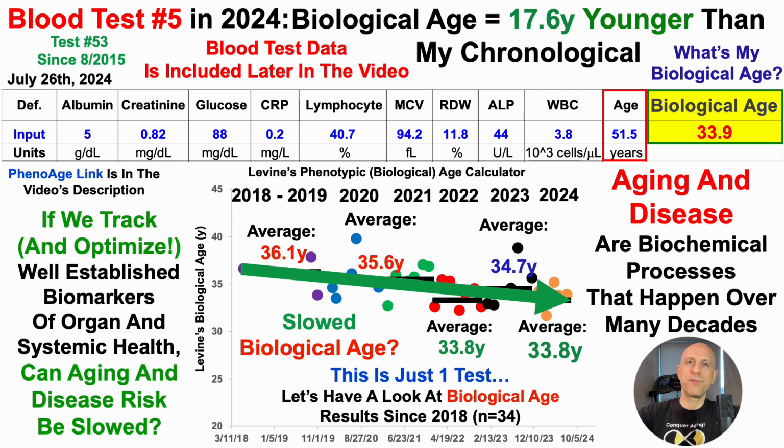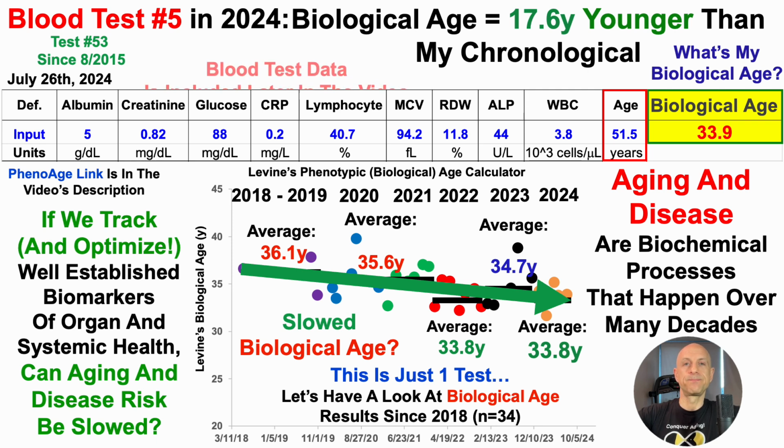I would never say that I've reversed it. This is the live long enough to live forever approach, and I can't undo the first 51 years of living where who knows what my biological age and what these biomarkers look like prior to 2015, even though I do have some sporadic data. But I can only control what I can going forward. So the goal is to have as many biomarkers close to youth and what's associated with lowest risk of death for all causes for the next 70+ years, or as long as my genetic lifespan will allow.